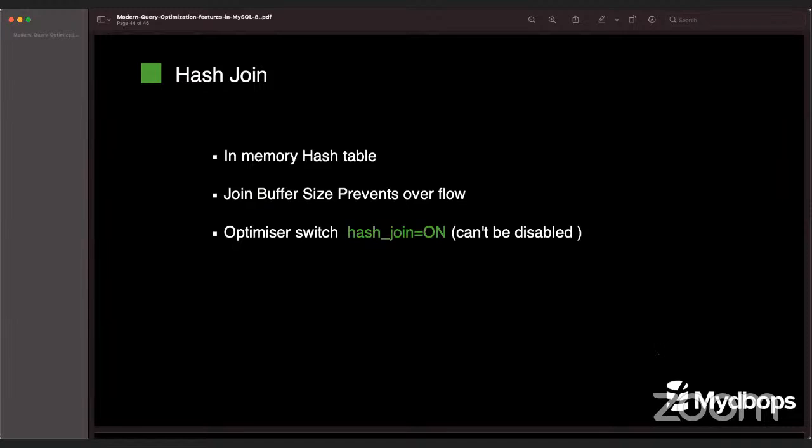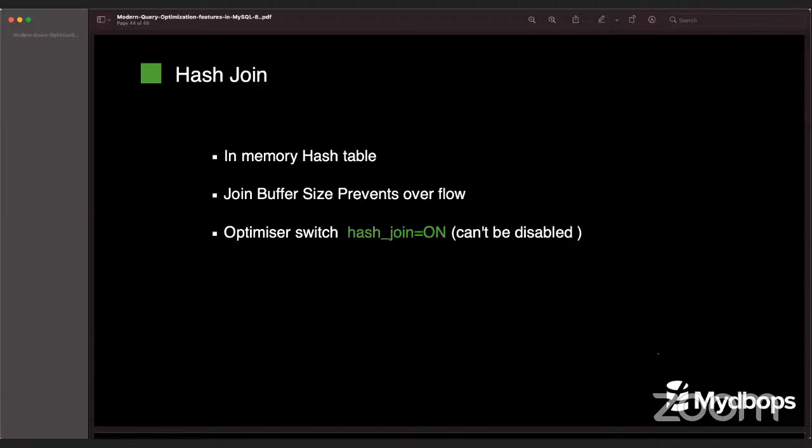join buffers don't work really well here, because if a join buffer is really small, let's say it defaults to 256K, then it will overflow out of it, and it will create the data on disk. So that's where your performance gets lost. With different row ranges, you might need a different join buffer size. But what I have read in a blog from Oystein is that 16 MB is really a good size for